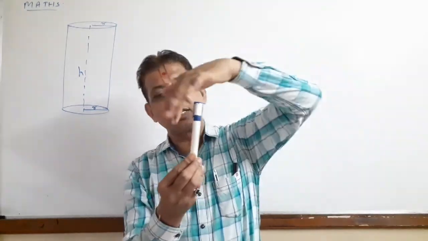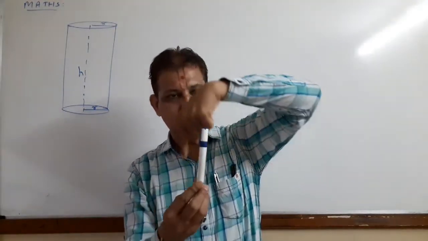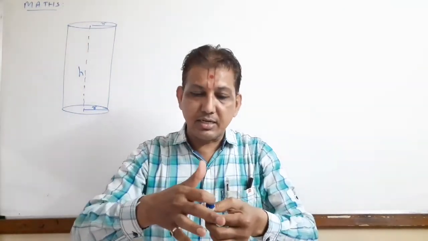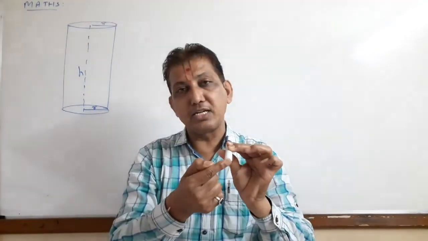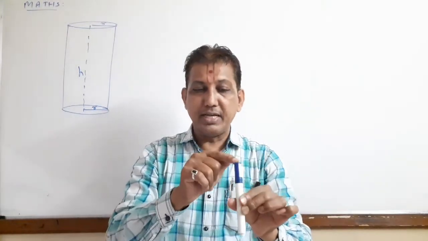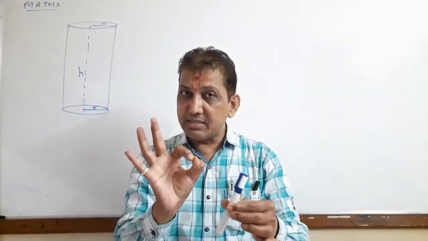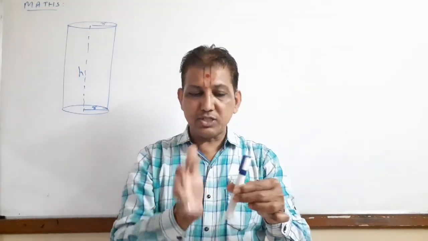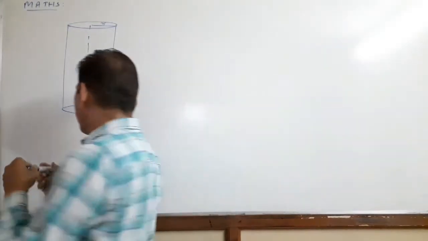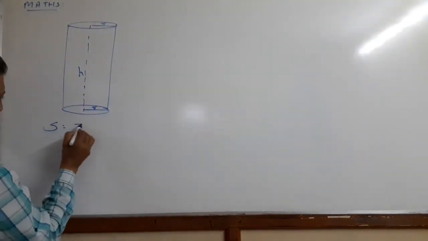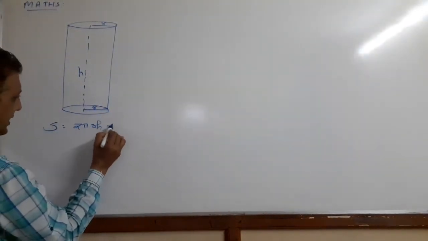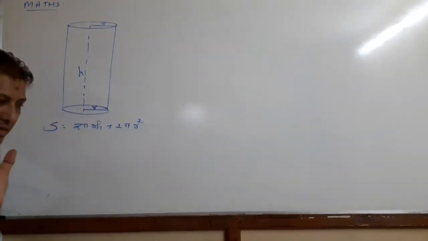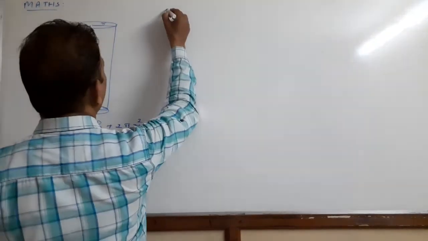This is your right circular cylinder. Its curved surface area, CSA, is 2 pi rh. And this area is a circle, circle area is pi r square, and again at the closed end, pi r square. So the total surface area, TSA, is 2 pi rh plus 2 pi r square. So our surface area S equals 2 pi rh plus 2 pi r square. Here S is the constant. Okay, now we prove the volume is maximum.